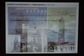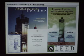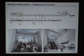We actually were given a separate contract to do the research and development for green practices in the system. We've done this on several MTA projects, including Roosevelt Avenue out in Queens, which is almost finished construction, which is a very green project. And among the things that we've done, of course, is natural light coming into the stations. This is all very